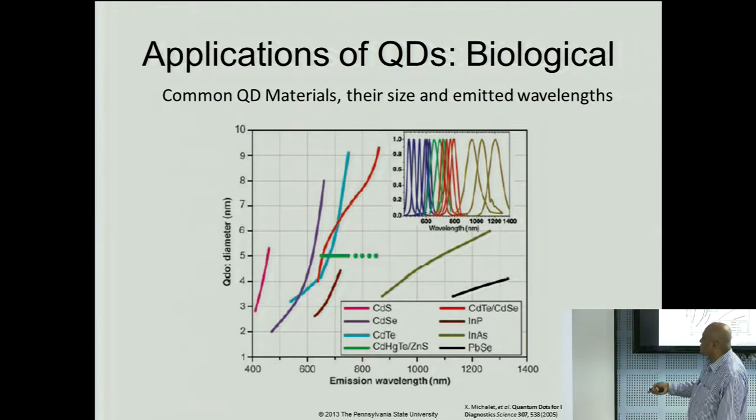This picture shows different types of quantum dots: cadmium sulfide, cadmium selenide, cadmium telluride, cadmium mercury telluride, and they all show at different wavelengths. As you see, most of them are in the visible range. This one is a little bit on the 400, but this is the wavelength. Some of them are going more into the 1000, and this size is the diameter of